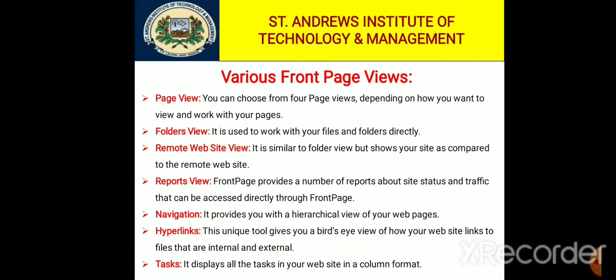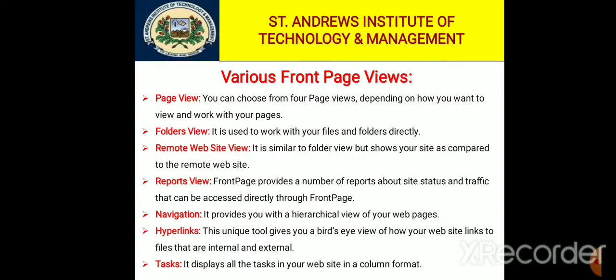First one is design view. You can design and edit web pages in the default page view, design view. The second one is code view. You can view, write and edit the HTML text yourself. It is easier for you to remove any code that you do not want. The third one is split. You can review and edit web page content in a split screen format. It offers you simultaneous access to both the code and design view. And the last one is preview. This view shows a quick preview of your site as you are designing it. Use this view to check small changes before you commit to them.